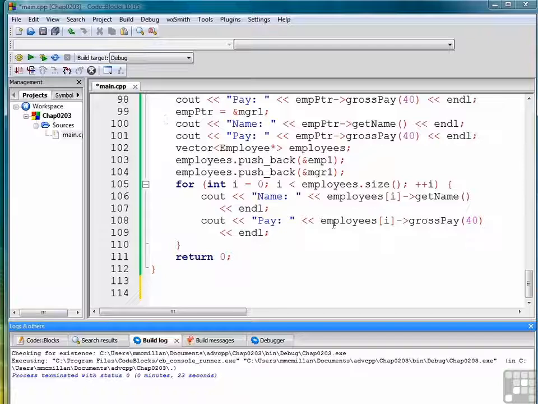So now you see the advantages of polymorphism. By making our functions polymorphic, we can store objects of any type, be it of the base class or the derived class, in a single container, and then call the correct function for that object based on the type of object that it is. And that makes our programs much more flexible, especially when we're dealing with objects of related classes. So that wraps up this lesson on virtual functions, and now we're ready to look at one more idea